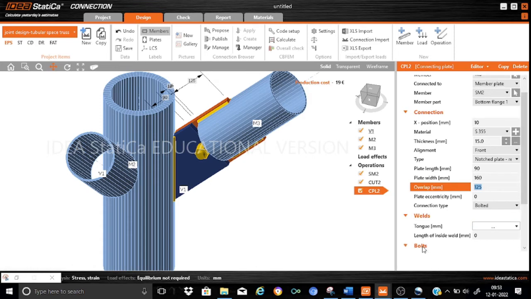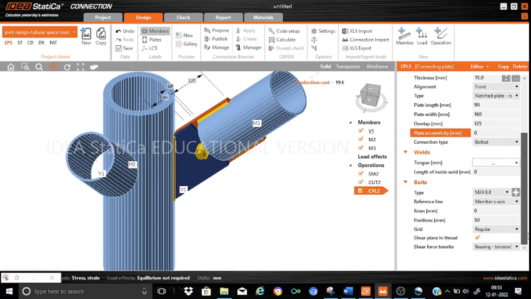Now coming to the bolts, let us fix the positions of the bolts. We'll have M24 8.8 bolts, and the reference will be the member x-axis. The row positions we will keep as minus 35 and 70.